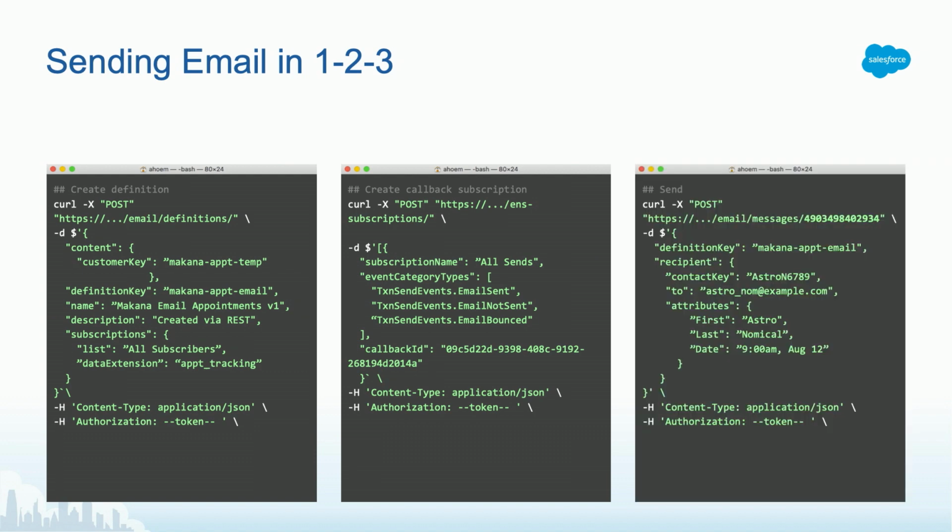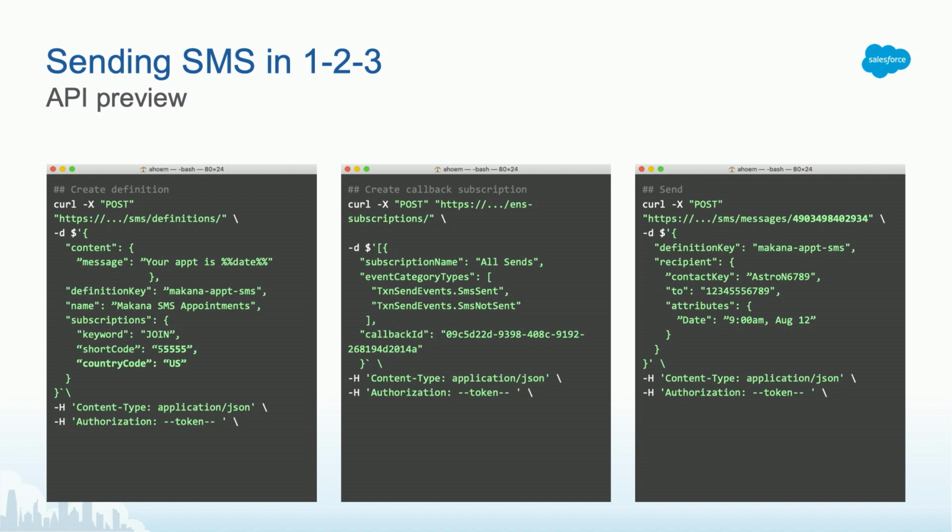And this final piece is a piece that I integrate into my transactional system. This is where I'm going to reference that definition key there you can see in the JSON payload, along with the recipient data. So who is it going to? What is my identifier I want to use in Marketing Cloud? And what are the personalization attributes? So in this case, I'm sending Astro a reminder that he has an appointment at 9 a.m. You'll see as well in bold there that I have the message key, and that's that unique transaction ID provided in the URI. So just like you can do this for email,